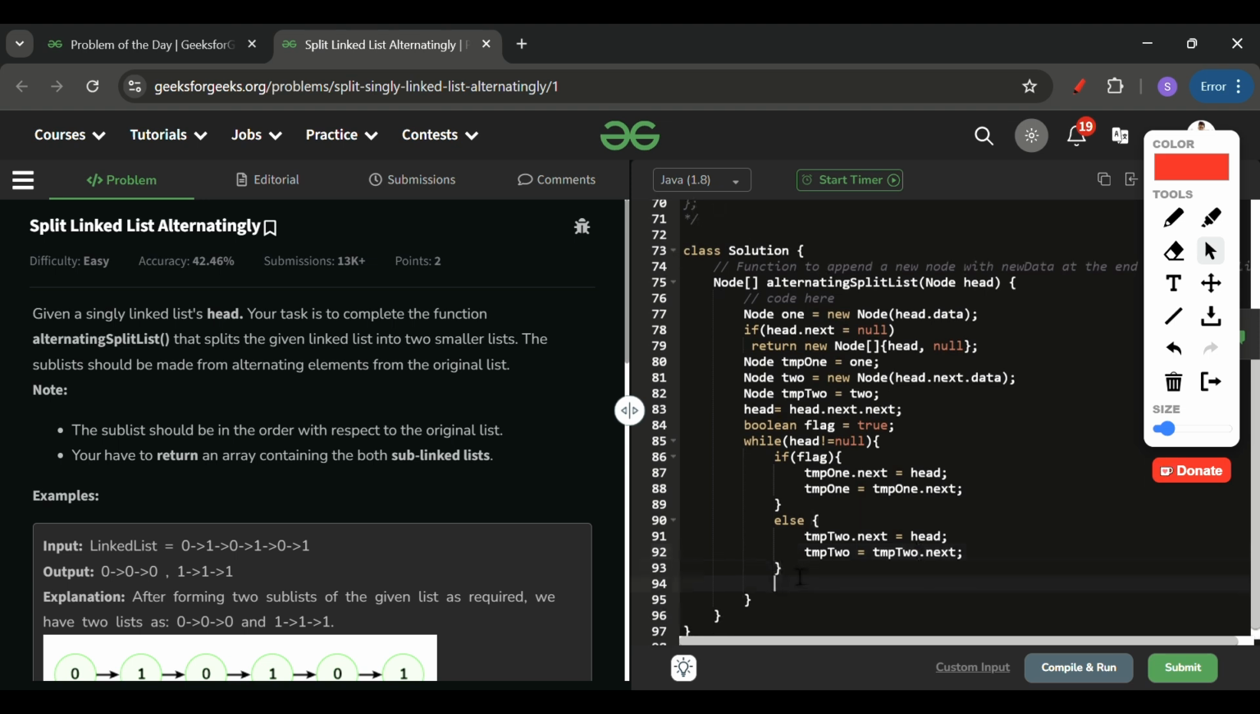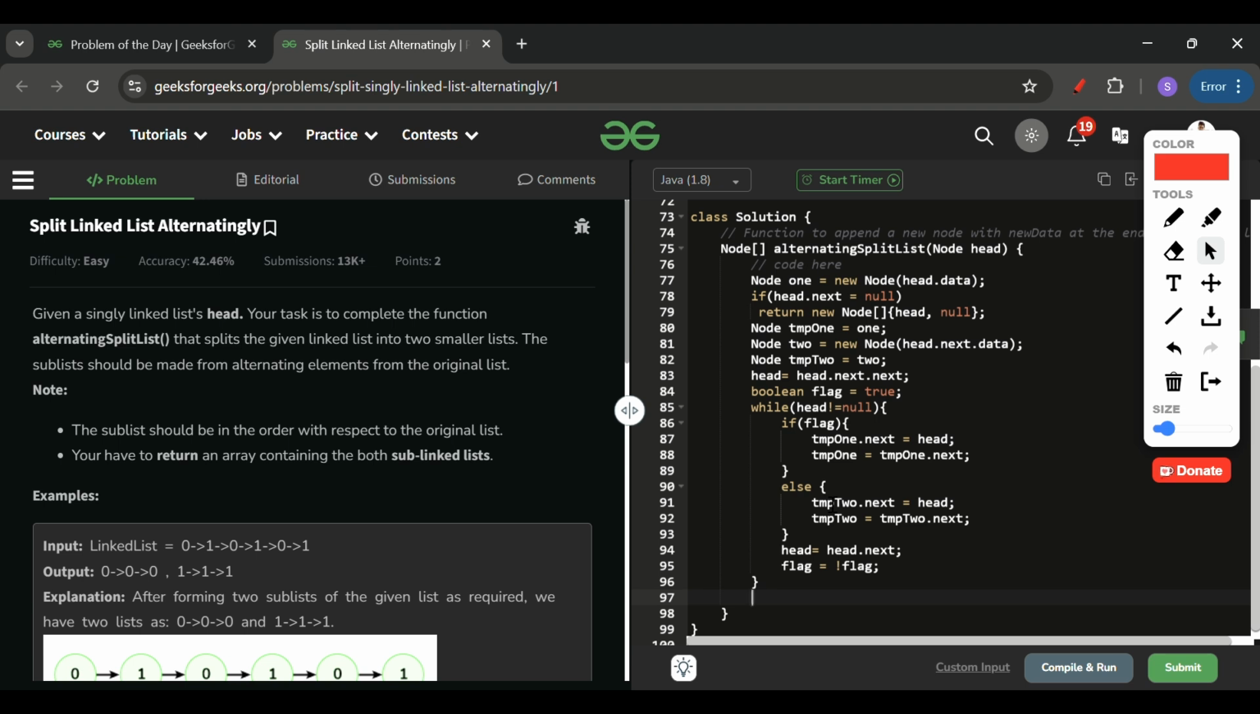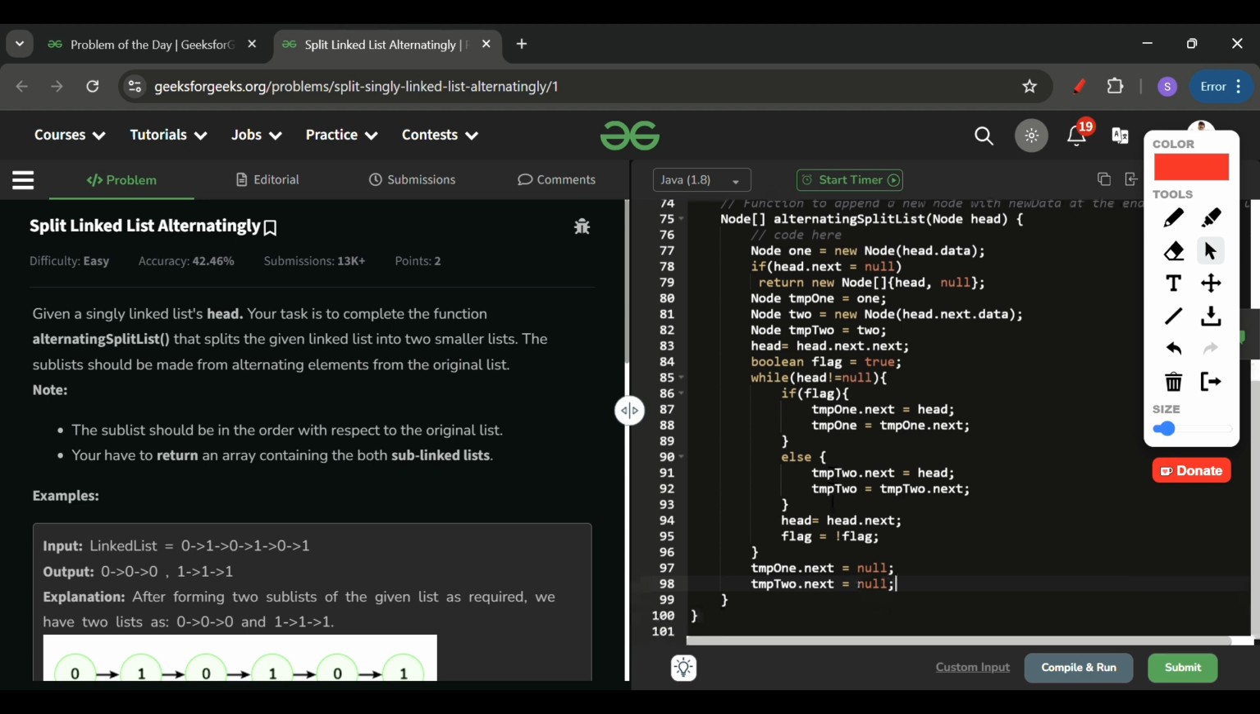Okay, all right. Now there is something which is common. First one is to update the head. So head is equal to head dot next, and after that I will be changing the flag as well. So flag is equal to not of flag. So if it is true, it will be false. If it was false earlier, it will be true now. Okay, so yeah, that's it. And after that, as I told, I will be updating the next of both to null as well. So tmp1 dot next is equal to null, tmp2 dot next is equal to null. Yeah, let's see. Let me return this as well